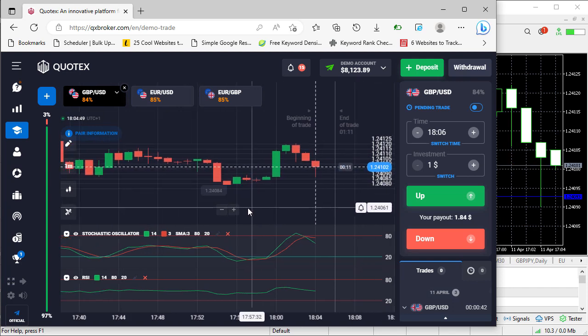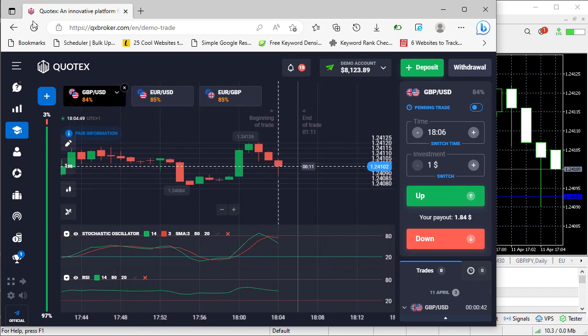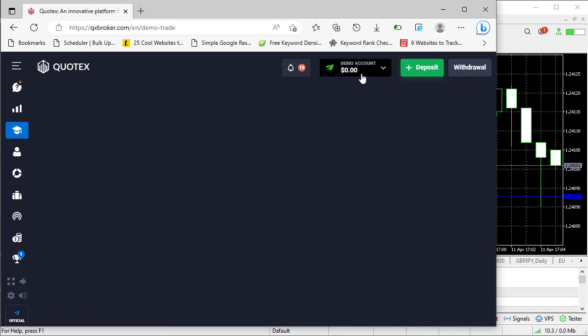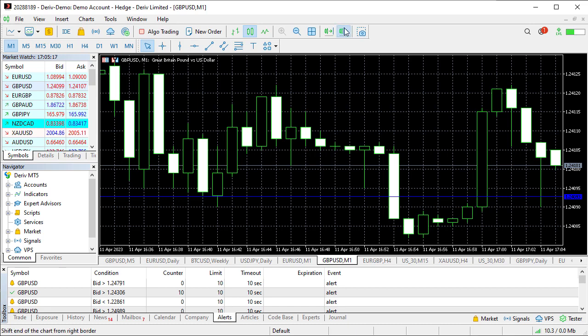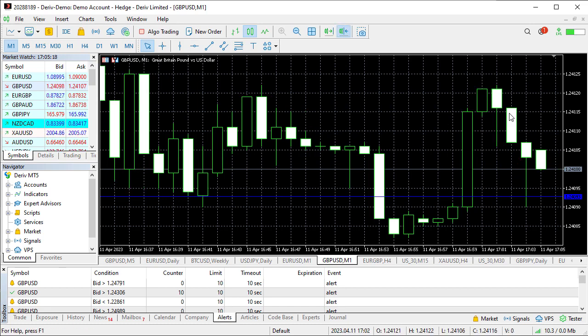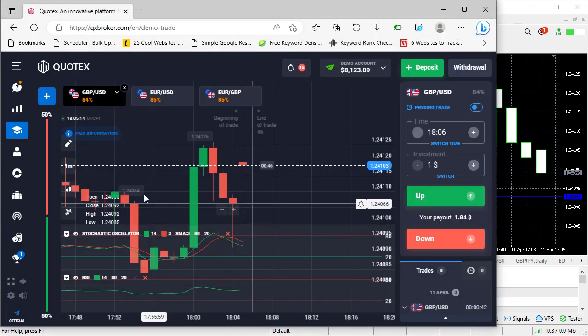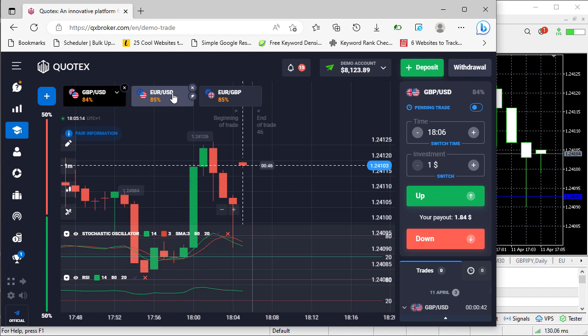Since my chart here is not loaded, okay, while that is loading, I hope we can get another opportunity to show you. So let's say it comes down, down, down, it hits that level. What you do is, okay, yes, it wasn't properly loaded, so